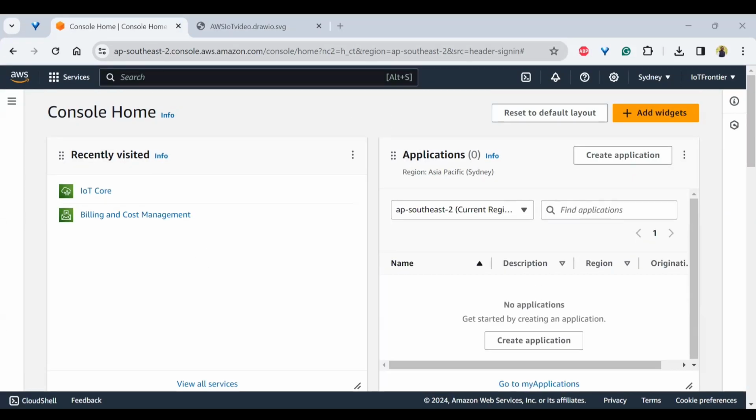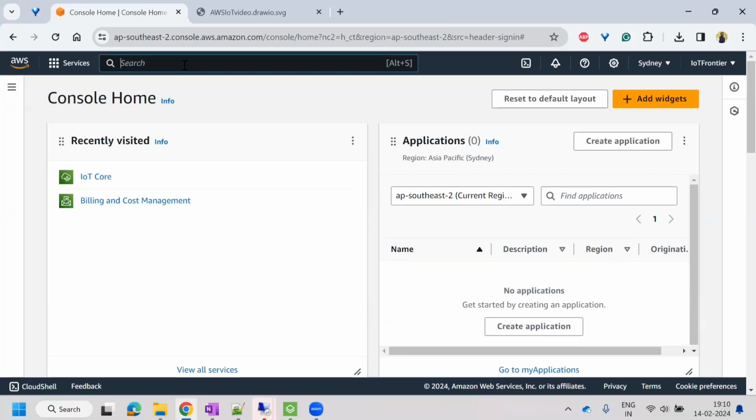You need to have an AWS account to work on this tutorial. If you don't have an AWS account, click on the top right corner to watch my previous video on how to create an AWS free tier account. And to create a free tier account, you also need a credit card. And if you don't have a credit card, then don't worry. I have created another video where you can explore an AWS Educate account, which doesn't need a credit card, and you can watch that video from the top right corner.